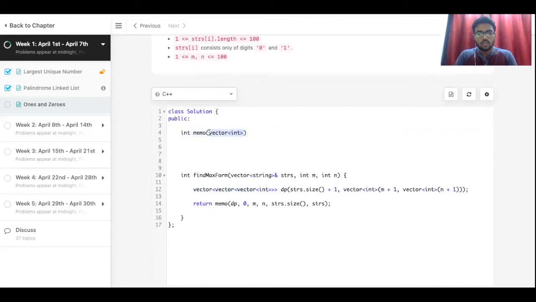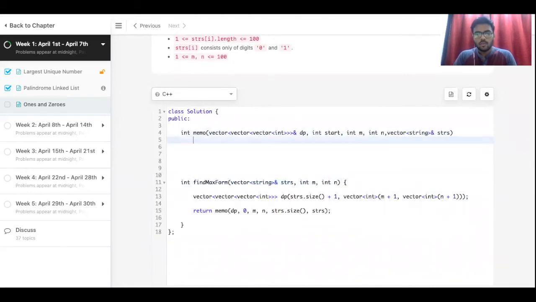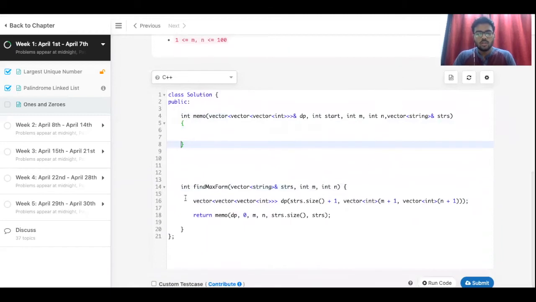So we'll do that. And dp we have, in start, as I told you, int m, int n, and vector string. Let's copy this. Okay, and there we go. There we make our memo function.